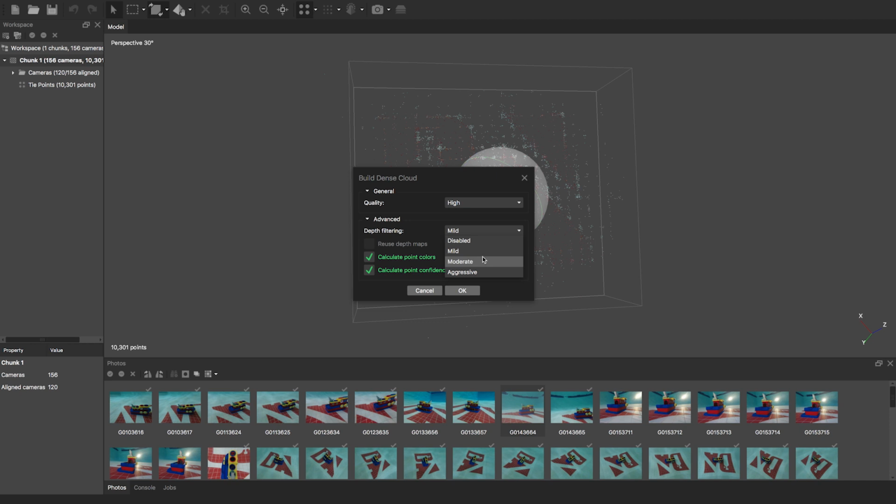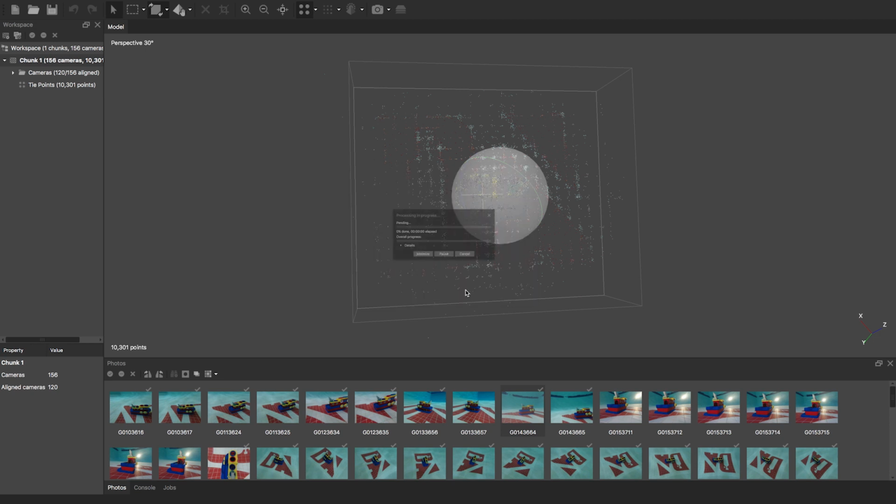If the areas to be reconstructed contain meaningful small details, then it's reasonable to choose aggressive. Moderate would obviously be in between mild and aggressive. But the best thing to do is experiment, and it's not going to be one-size-fits-all, depending on how much backscatter you have in the water and things like that. So we'll leave it at mild for now, and we're going to hit OK,